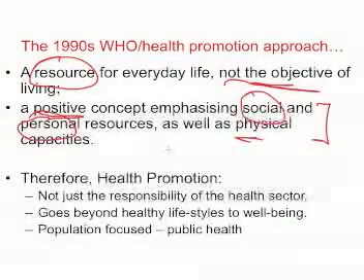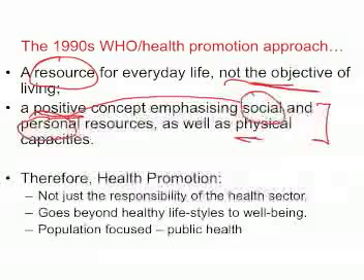So, for example, somebody in a wheelchair, or somebody who's missing a limb, or somebody who has some chronic debilitating disease like multiple sclerosis can still be healthy despite that physical disease if they have social and personal resources which support their well-being. So with that context, and especially